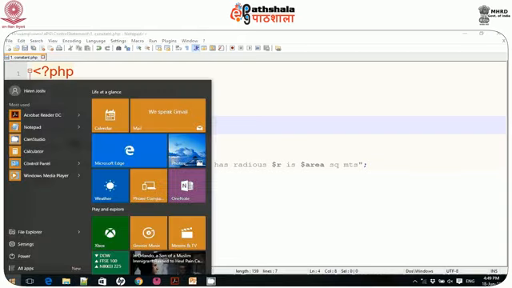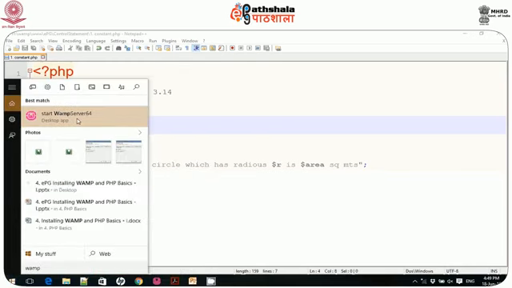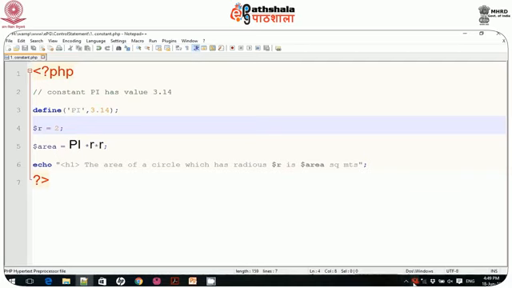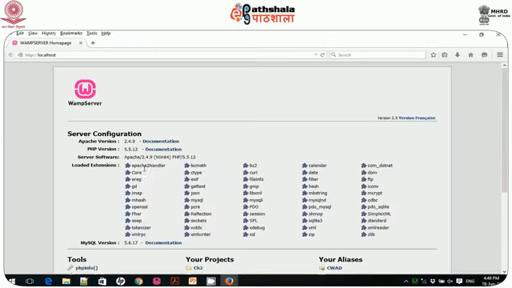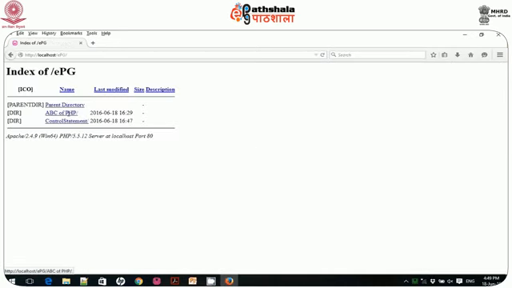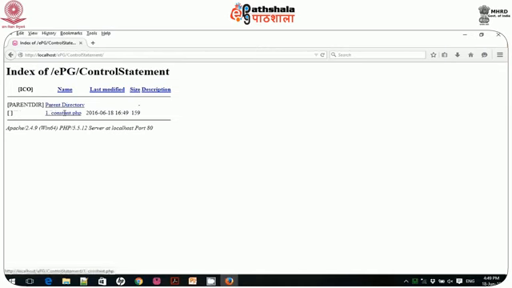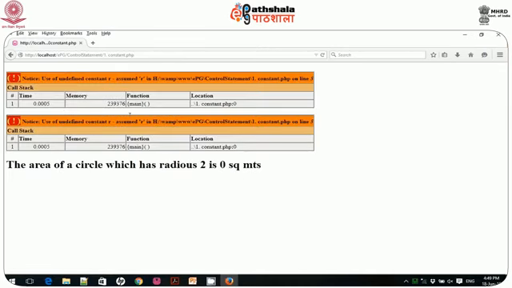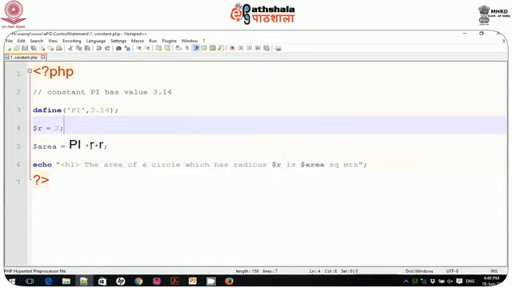Now I have to start the web server. Let me open my localhost, and in localhost I open this file, EPG control statement constant.php. It shows an error, as I made a coding mistake: I have to write $r and $r.